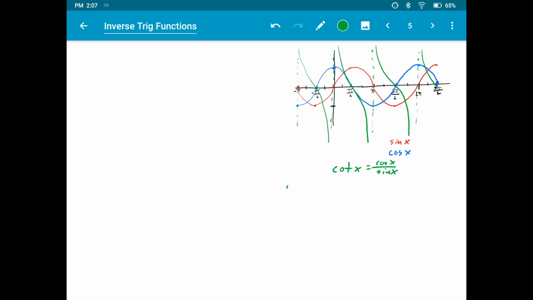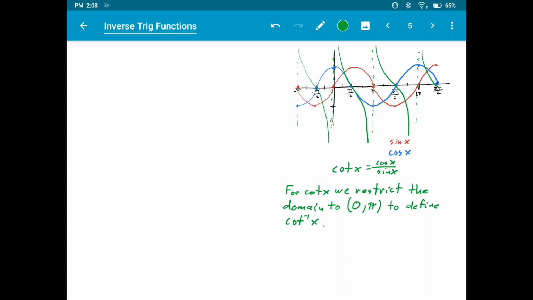So for cotangent of x, we restrict the domain to 0 to pi to define the inverse cotangent